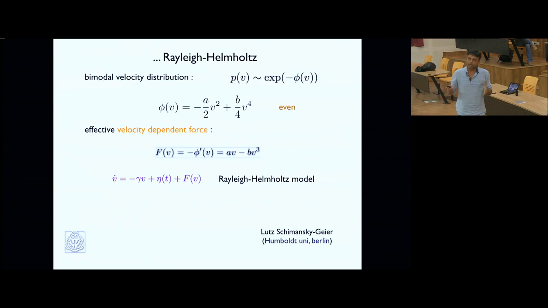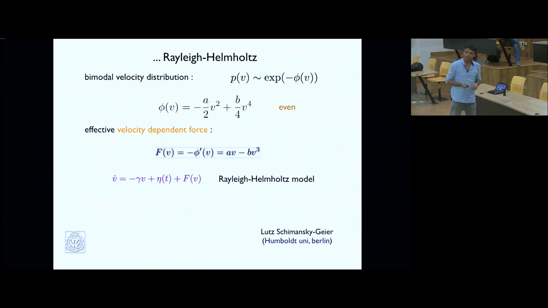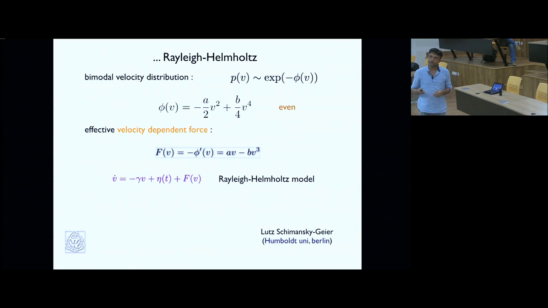So if I write down the equation of motion in the presence of such a velocity dependent force, this is called the Rayleigh-Helmholtz model. And the main thing we should focus on is that